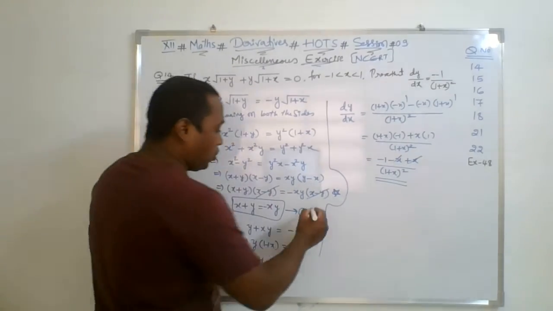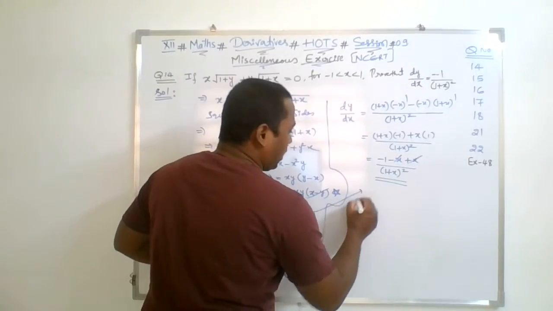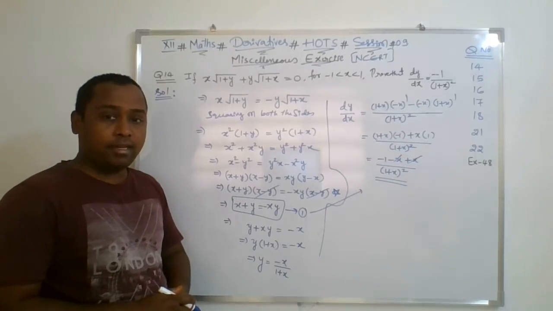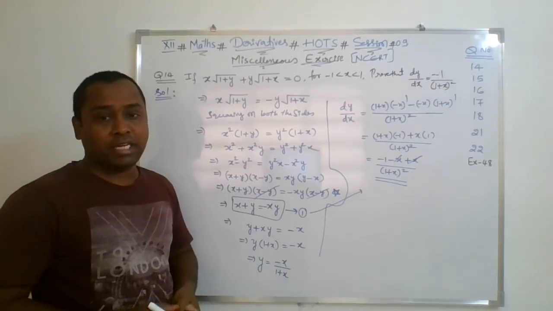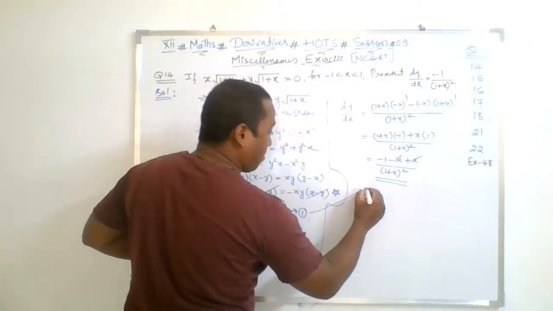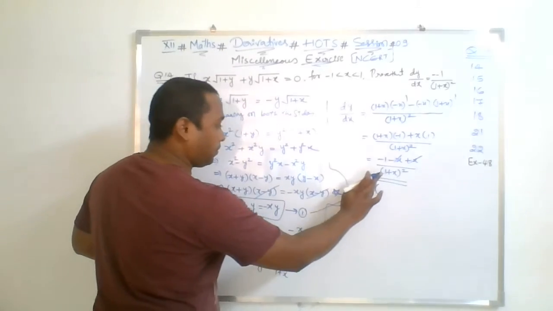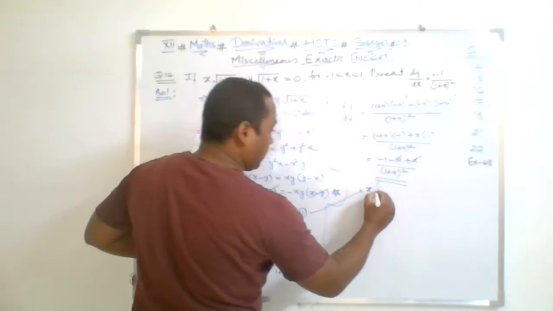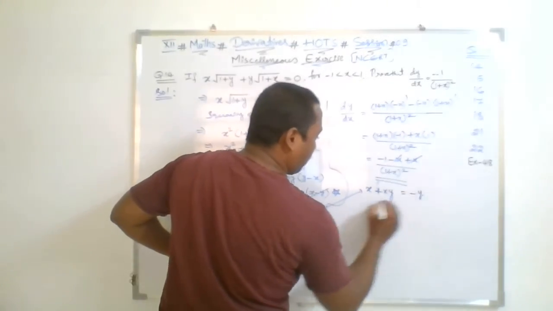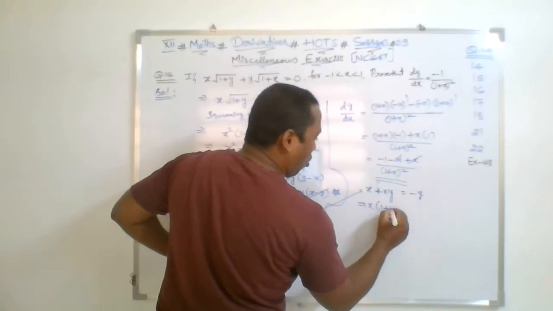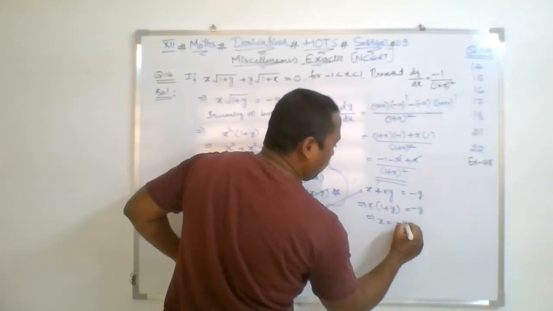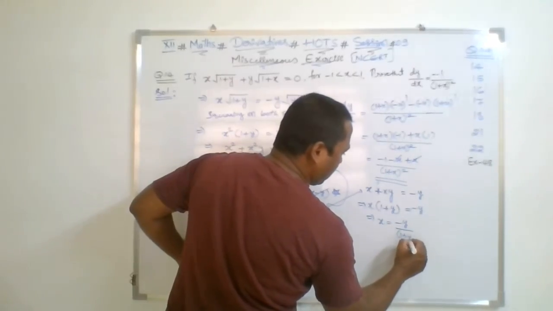Now I can also say, if I solve for x in terms of y, x as a function of y, then you will get a different answer. See, if I group the x terms first, x plus xy is equal to minus y. If I take x as a common factor, what will you get? x(1 + y) = -y. Then x is equal to minus y by 1 plus y.